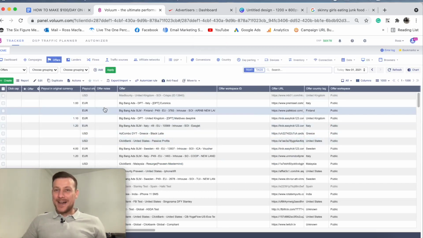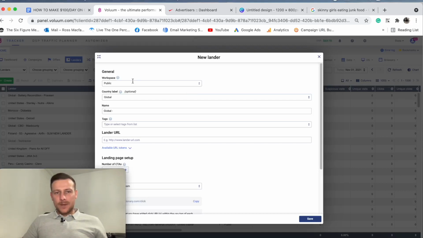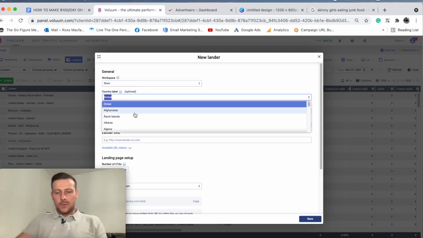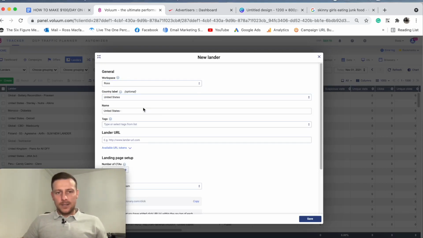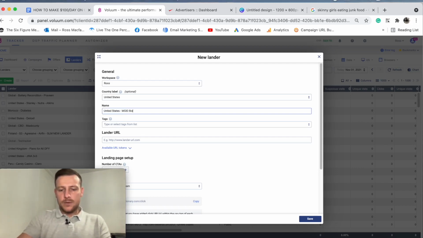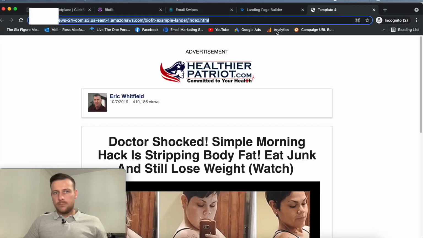Cool. Okay, next bit, lander. Okay, this is a bit easier. Let's make sure we don't make a mess. Okay, lander. So I want to create lander. I want to go and make sure I'm in the same workspace. Global. I'm going United States. United States, so was MGID biofit lander 1. And all I have to do here is I just have to go and grab my lander URL, which is this one here, create,